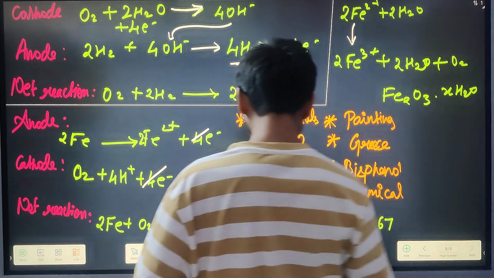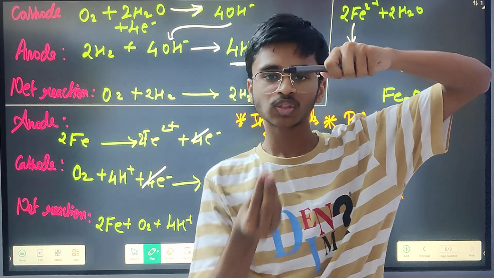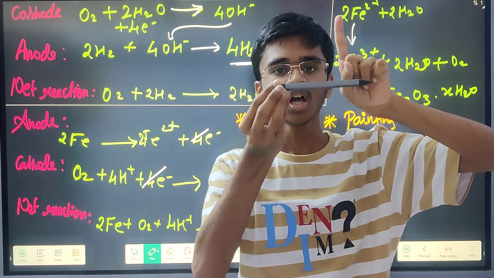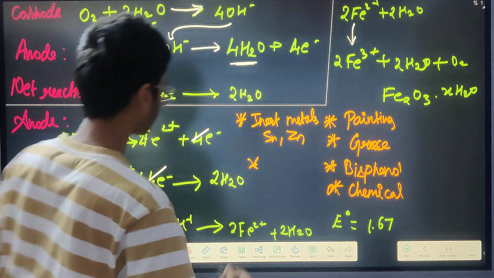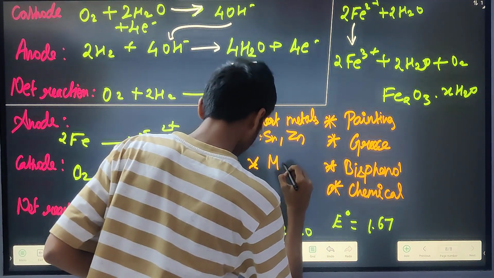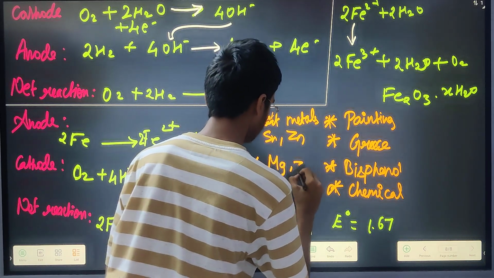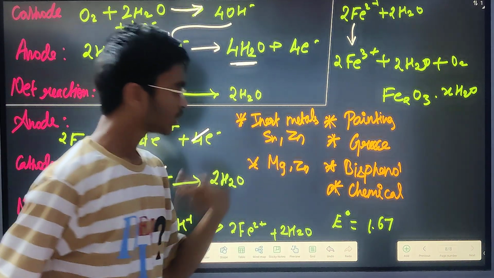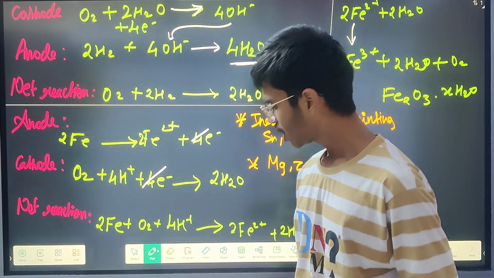Other than this, only one, that is sacrificial. That means there is this metal surface, and along with this metal surface, if you put in another metal surface, then instead of this metal surface undergoing corrosion, the other metal surface will be undergoing corrosion. For this they will be using magnesium and then zinc. These two can be used. Here this zinc will be very corrosive, and also different terms are there for this corrosion. An example for